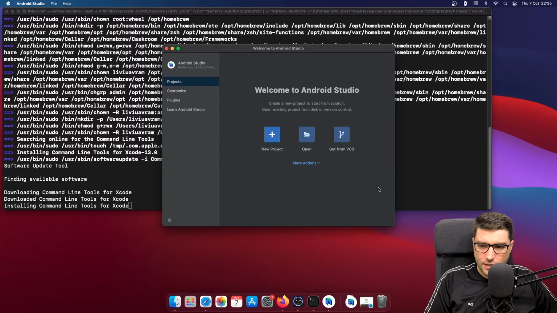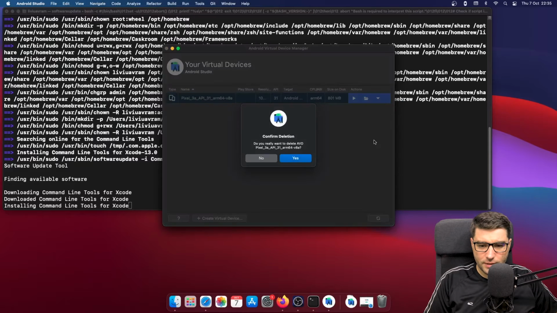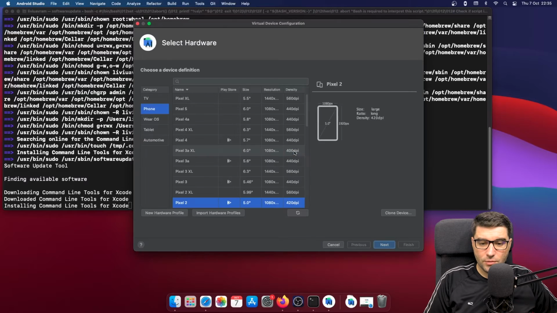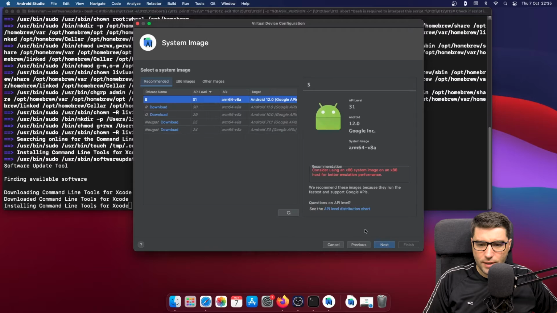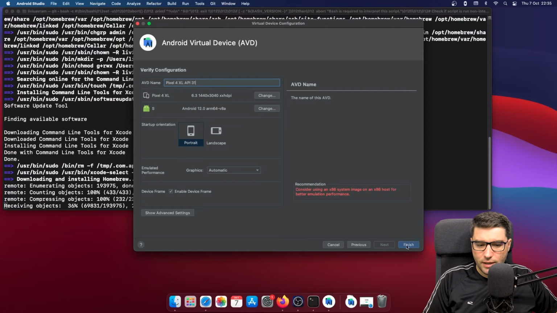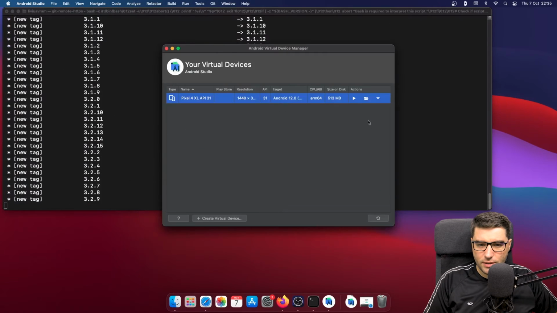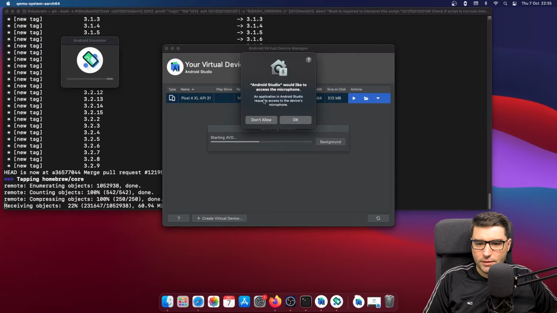I will hit finish, and in order to see that everything is going well, I can try and create an Android emulator. We already know how to do that from the previous tutorials. So let me just choose a Pixel 4 XL with Android 12 because it is already downloaded, and I will say finish, and I will try to start this emulator.